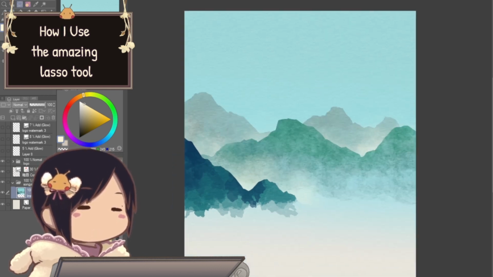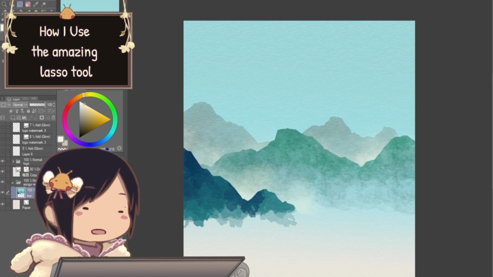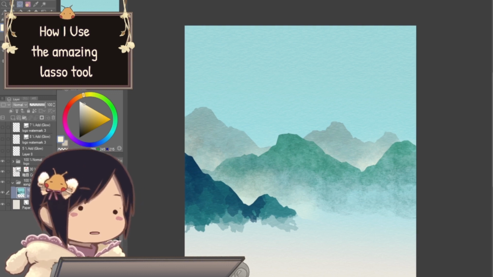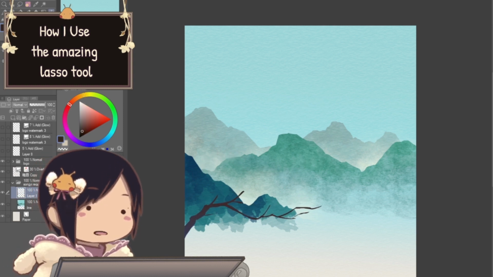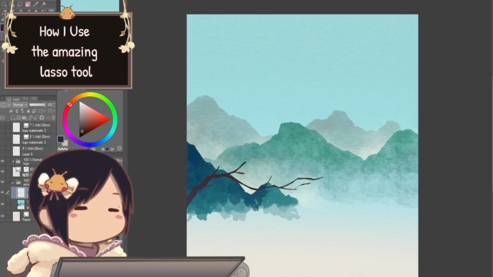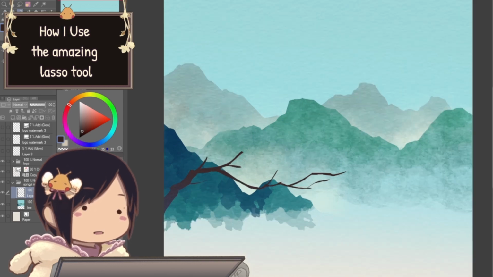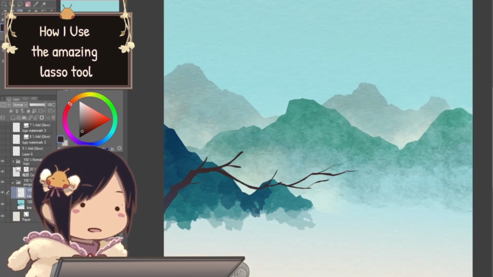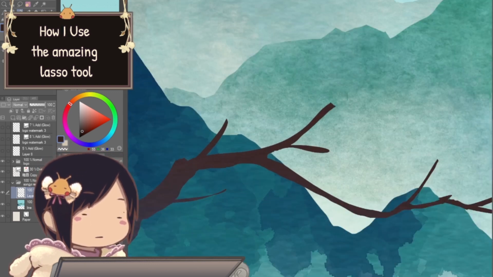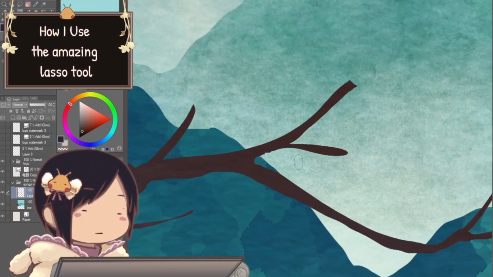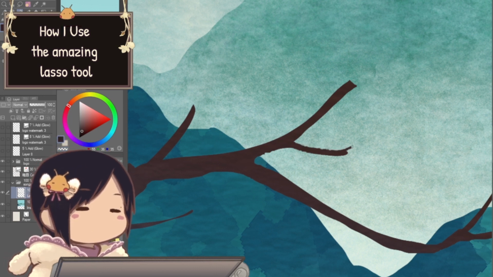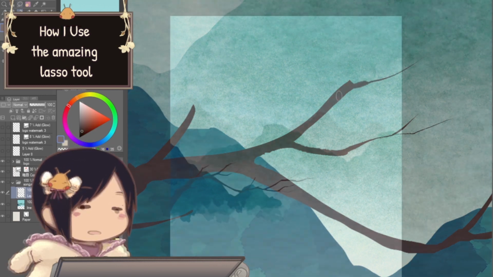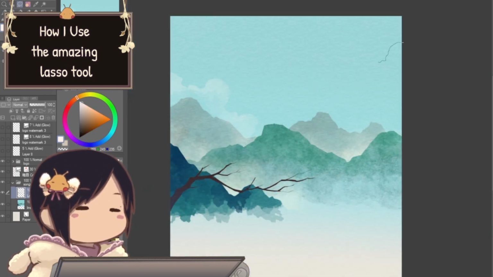Okay, a quick example, and you can use the lasso tool to draw trees. So this one could be here, you know. And then definitely use your drawing tool to make it more refined, because lasso tool sometimes it looks like, you know, kind of wonky like that, right? What the heck is that? So yeah, use your drawing tool to make it refined. Okay? So see how lasso tool can quickly give you